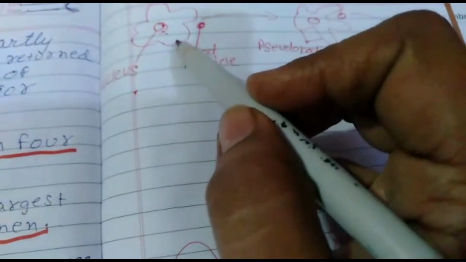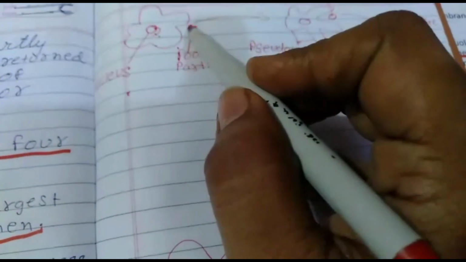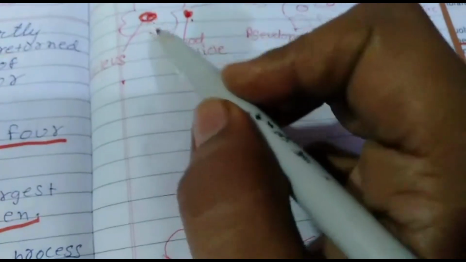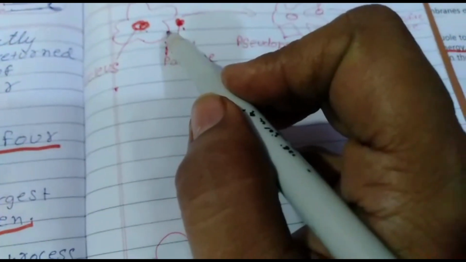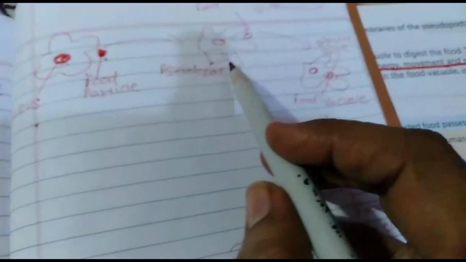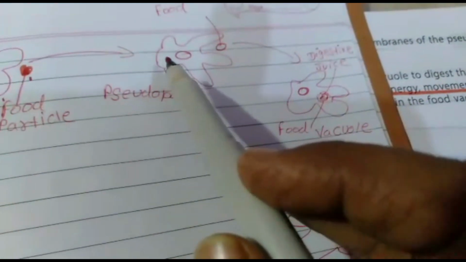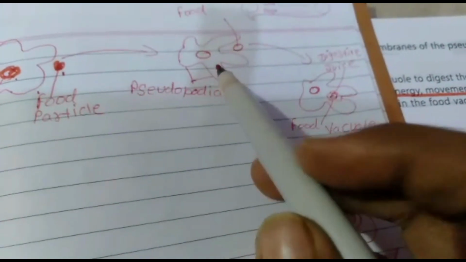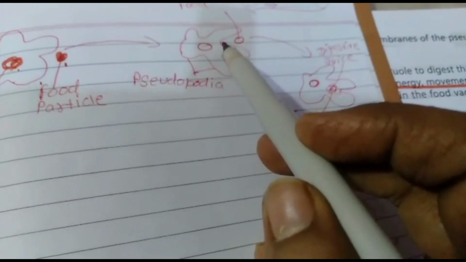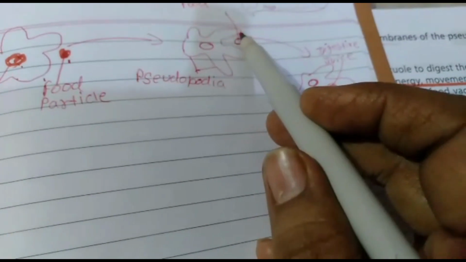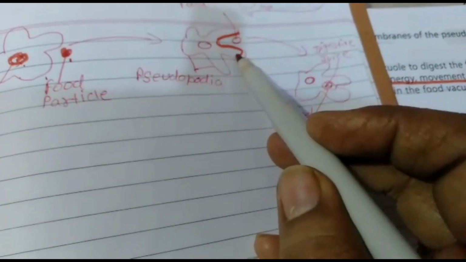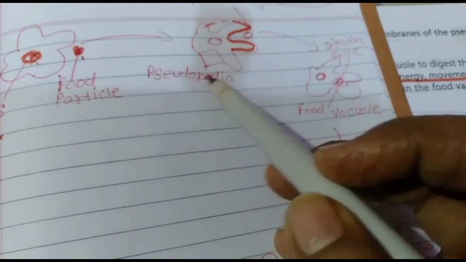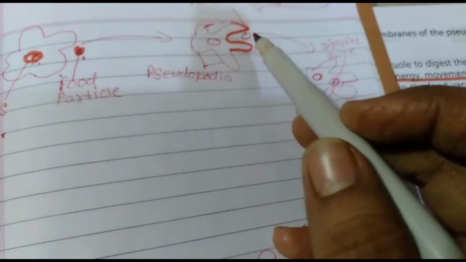And amoeba has to take the food. Food is located here, and this is the nucleus. Now how will the amoeba take the food? Now let us see in the second step. See, amoeba changes its size, shape, and you are seeing a finger-like projection. Here you are seeing the finger-like projection has surrounded the prey. Now the pseudopodia bulges out and it is surrounding the food.